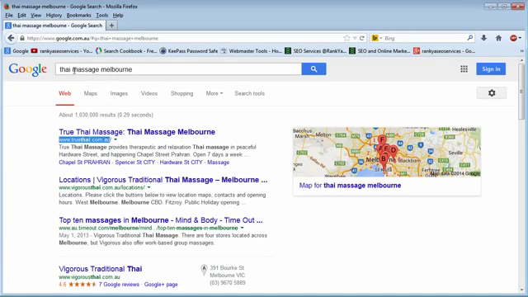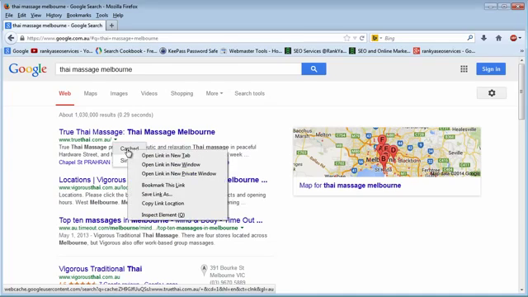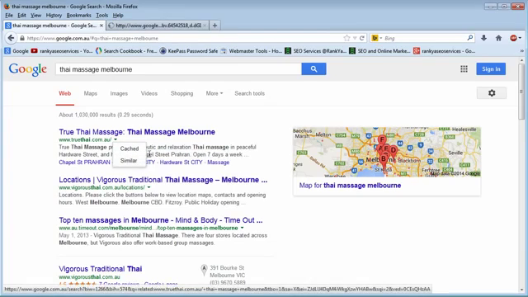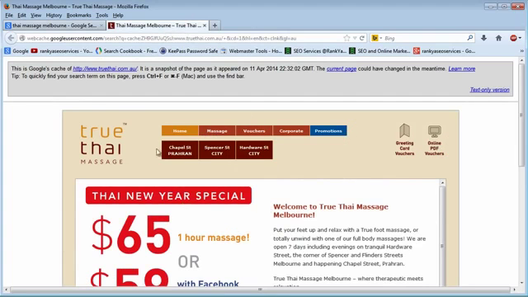Therefore, when you know who your competitors are, first thing that I do is this. You see, you got this little icon here. You can press on that and choose this cached option, right click, open in a new tab. So if you're using Internet Explorer, Chrome or Firefox, try to learn to open things in a new tab to be more efficient. Okay, so this is the cached version